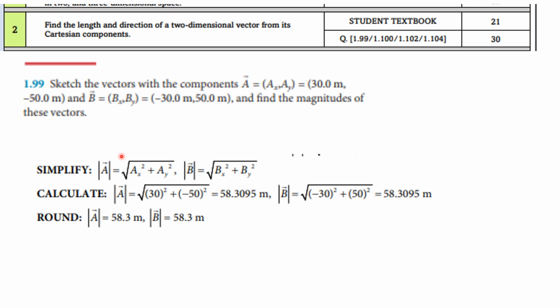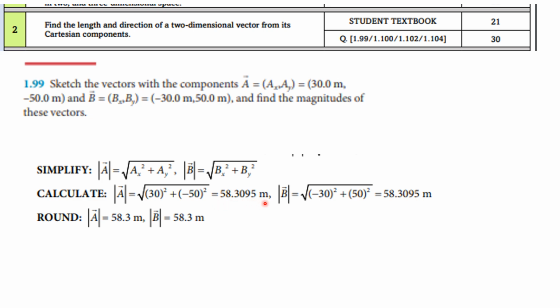So how to calculate the magnitude of such vectors? We have to do the square root of each component squared. So for example, here for A, we have AX and AY. AX will be squared and AY will be squared as well, all of them under the square root. Okay, so you do the calculation. You're supposed to get